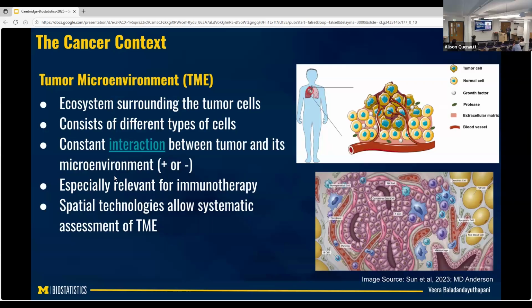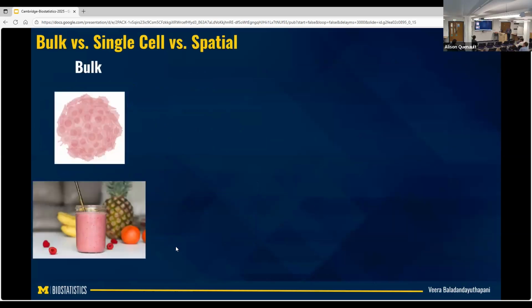Immunotherapy works in certain cancers. It doesn't work in certain cancers, and even in the cancers where it works, like melanoma and lung cancer, it doesn't work for the majority. So it's about tracing back why it doesn't work, getting some mechanistic insights. And as you might imagine, these are cells arranged in space, so you need spatial technologies, and technologies that have come about in the last 10 years, and especially the last 2-3 years, have really accelerated these discovery efforts.